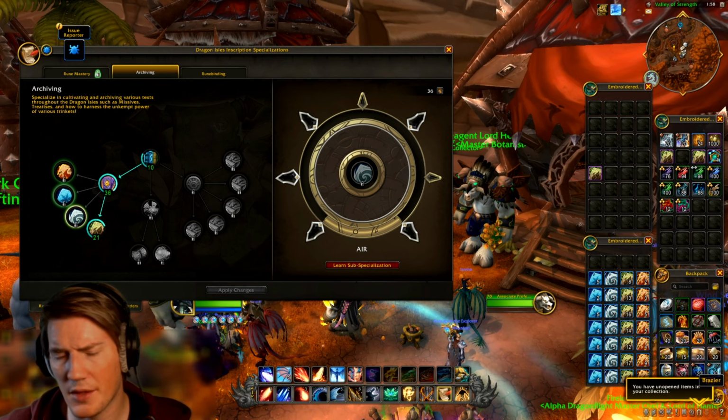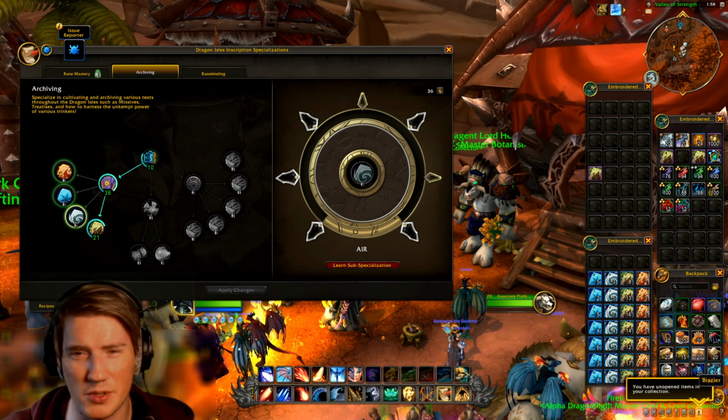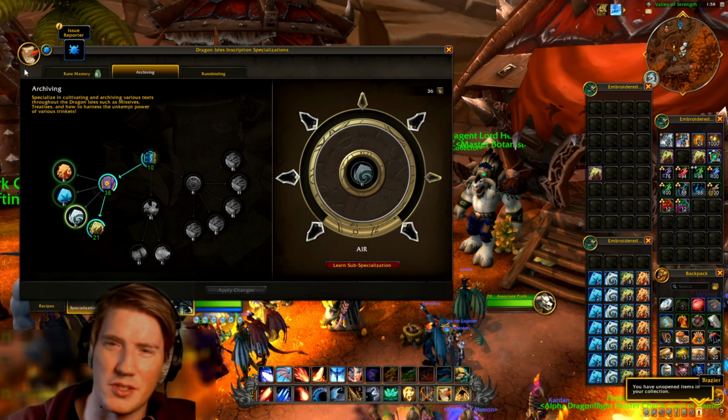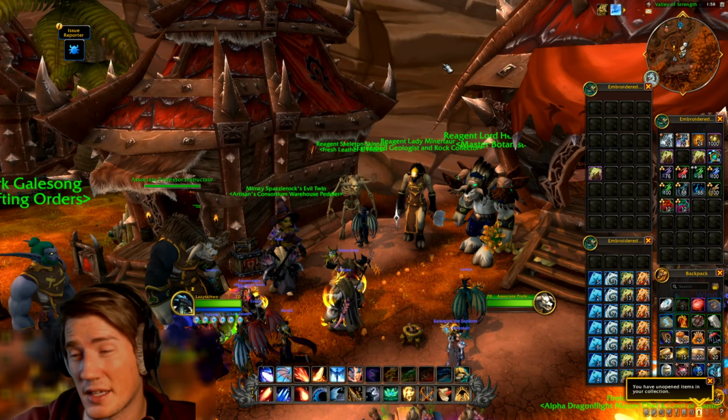So yeah, that's it. I'm sort of excited. I'm very excited for the changes. Back in alpha I was very apprehensive because they used Artisan's Metal to craft the cards. Now it's looking a lot better, and I think Inscription can be